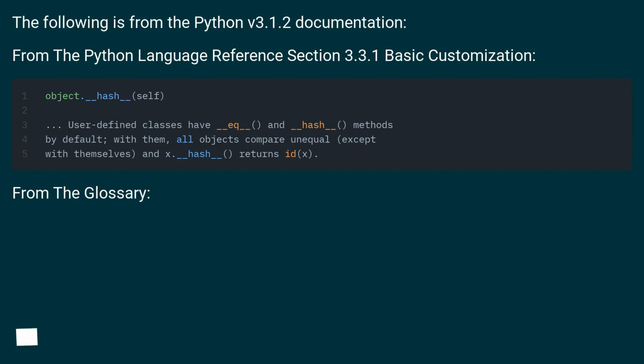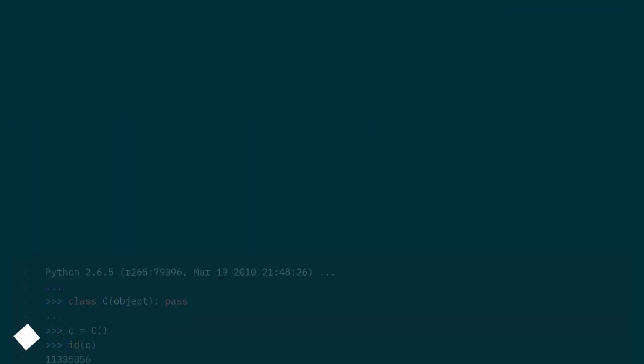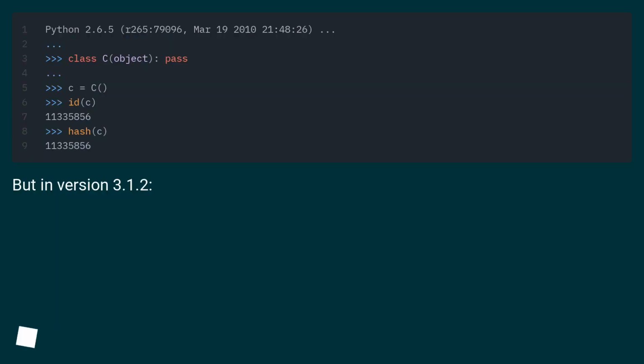From the glossary. This is true up through version 2.6.5. But in version 3.1.2,